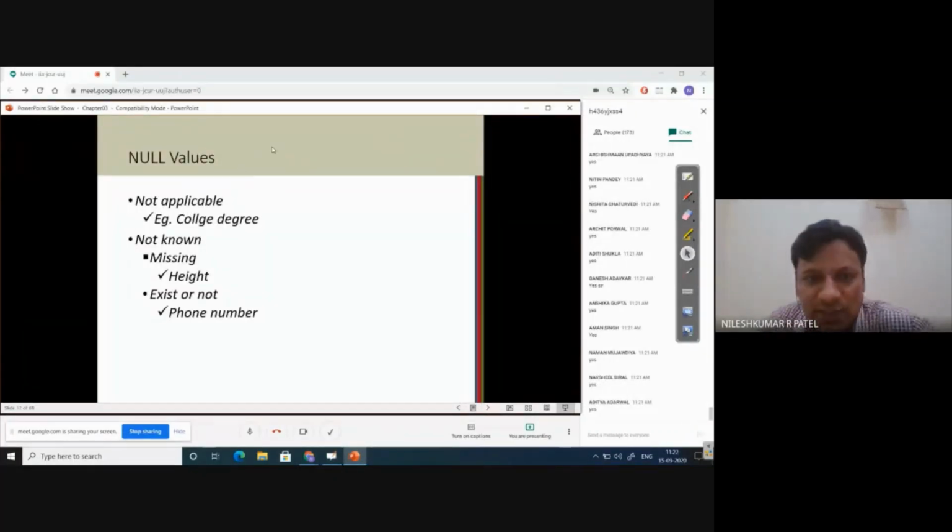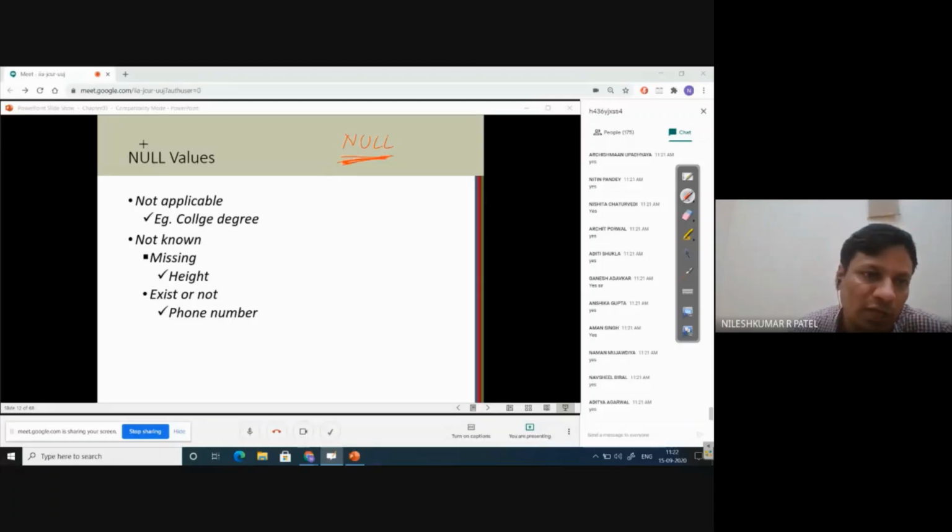Some of the values, as we discussed earlier also. For example, if you enroll to JUT Guna and there is a field called previous degree, as a BTech student you don't have previous degrees, right? So you mention there blank, you don't have anything to fill. In that case, how does the database represent that information? If you are having no information to fill under the previous degree attribute, it is going to be treated as null. So this particular slide explains null values, right?